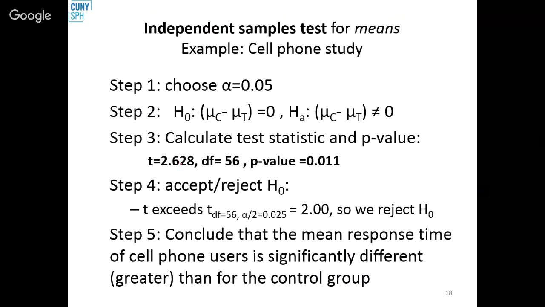In step 3, go ahead and calculate our t-statistic by the difference in sample means divided by the standard error, and calculate a p-value or compare that to the critical value. This was done with software so that we got an exact p-value of 0.011, and since that is less than 0.05, or because our value of t exceeds the critical value for 56 degrees of freedom of 2, we reject